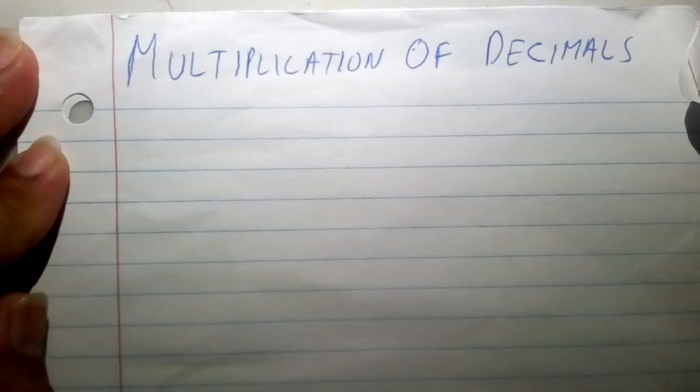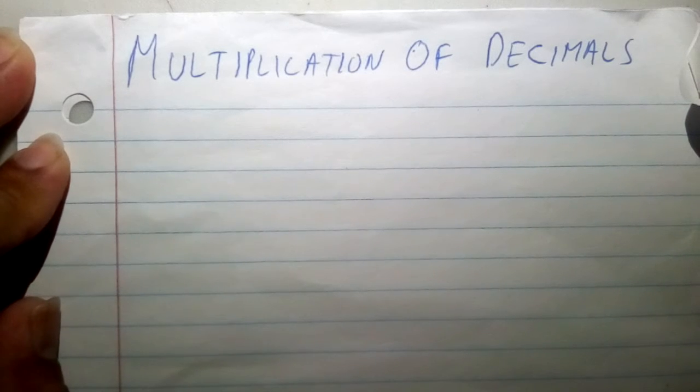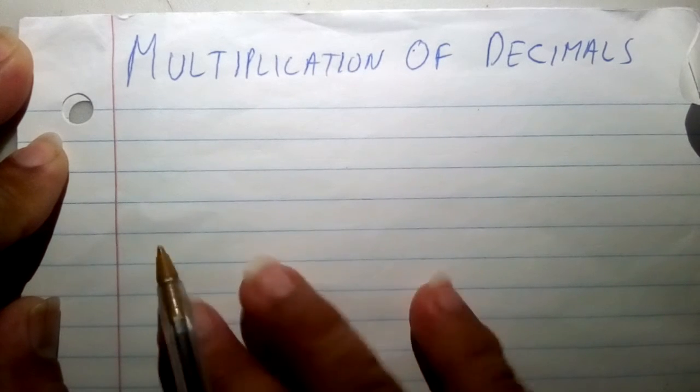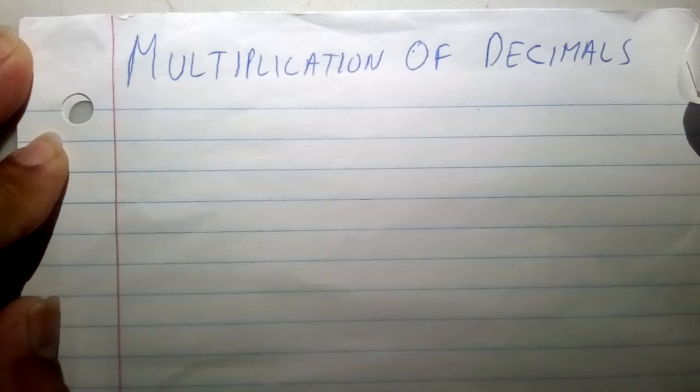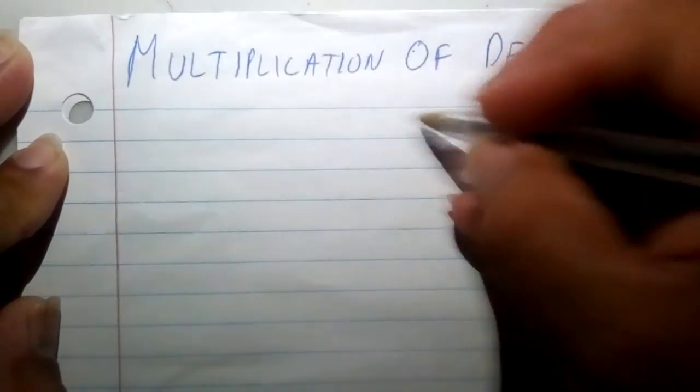As we go into the exponents, we need to recall the multiplication of decimals. So how do we multiply decimals? This is a quick review on the multiplication of decimals. So let's pick two numbers. I want you to multiply